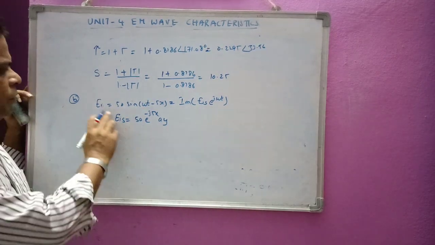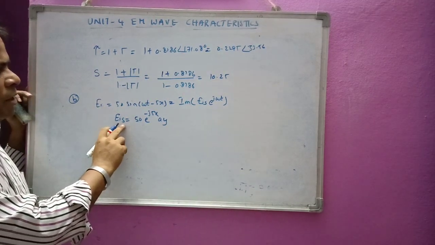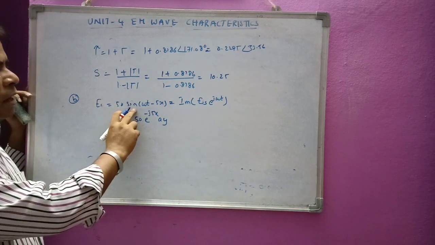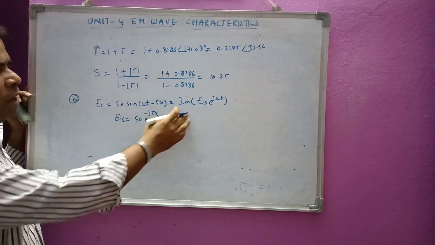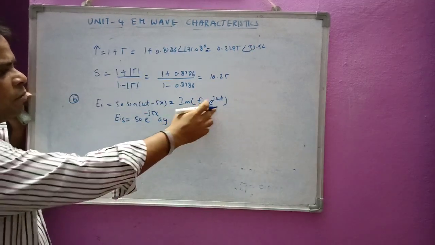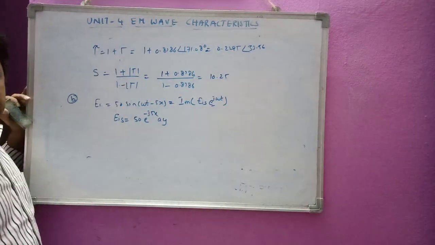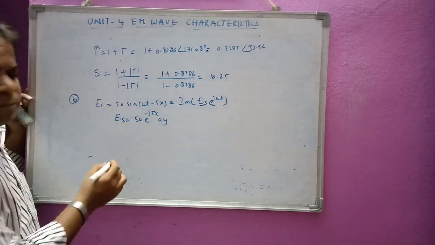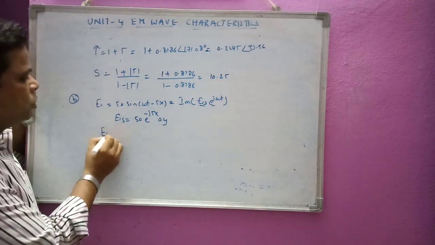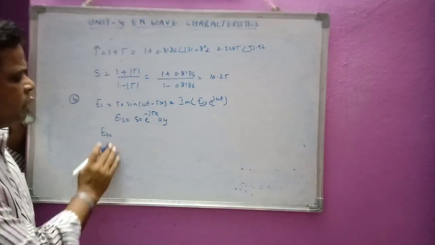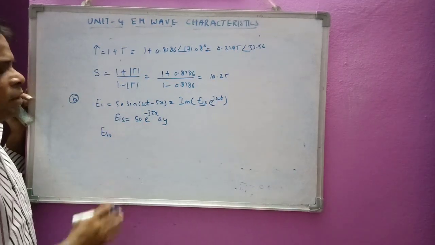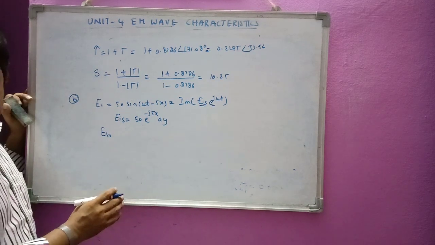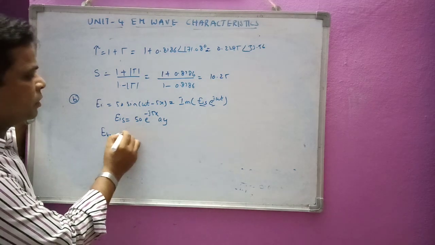Now we are going to convert this into the exponential form. That is, instead of writing this in the sine or cosine form, I am taking the imaginary part of this one, because e power j omega t is the time factor here, and EIS is the sinusoidal form representation of the wave here. Now I can write here as ER0. Why am I writing this? Because I have to get the values for the reflected field as well as for the electric field and magnetic field. ER0 is equal to gamma of EI0.